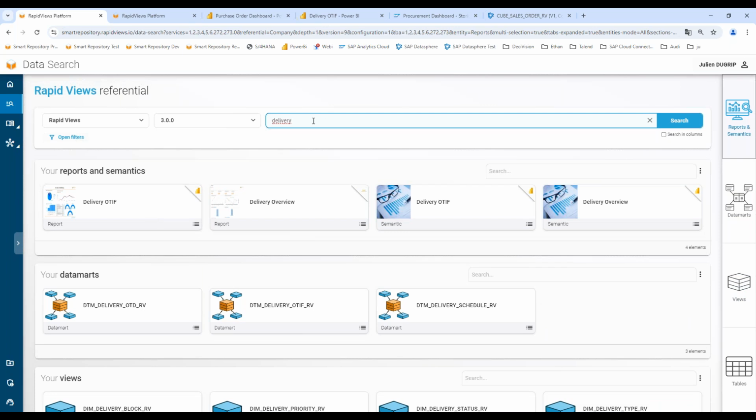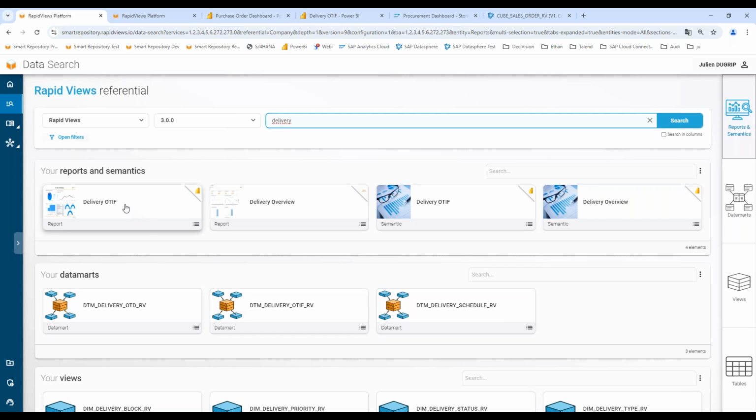A developer or BI manager can also search directly for a field from an SAP table. If I decide to search where a specific field is used in a report, a semantic, a data mart, or a view, I can launch this type of search by clicking on the option search in column.